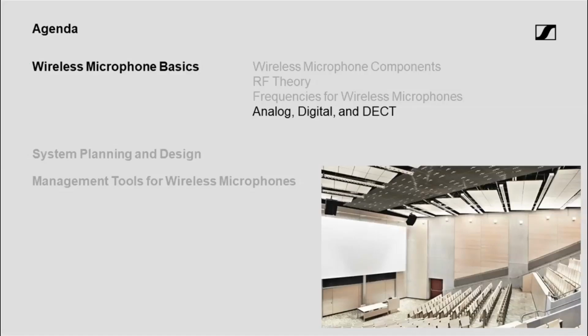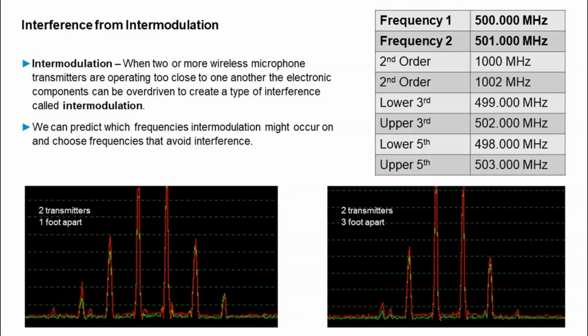Thanks, Dave. So let's take a look at local sources of interference, and then also dig in a little bit on how the different technologies work. So one thing we need to take into account when we're using multiple channels of wireless microphones in close proximity to each other, within feet of each other, is intermodulation. Each one of these devices has an amplifier stage on the inside, and it's possible, if there's any people who understand music on the call, to generate interference frequencies by overdriving two transmitters close to each other.